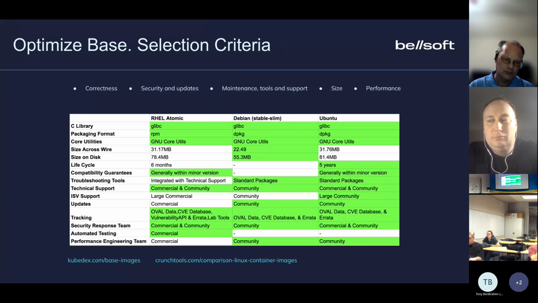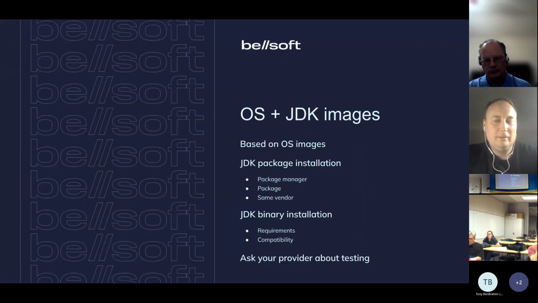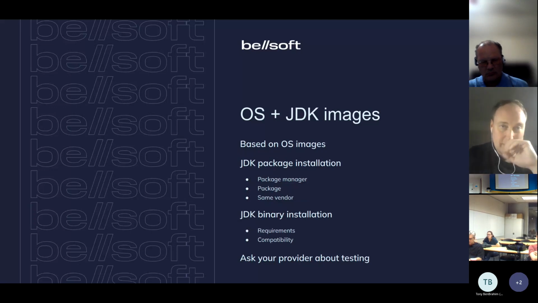And there's a wide variety of options here, and many criteria that we actually can use for selection. But whatever we choose as a base operating system image, we need to think of how we install a JDK there. How do we install the Java runtime? It can be installed as a standard package or a package from some third-party repository. And if its package has a compatible format, it can also be installed as a binary. But anyway, in the end, we have a combined solution, and it must work. And that's not always the case. Even if we put the system package, sometimes there are some interesting effects that we saw in the